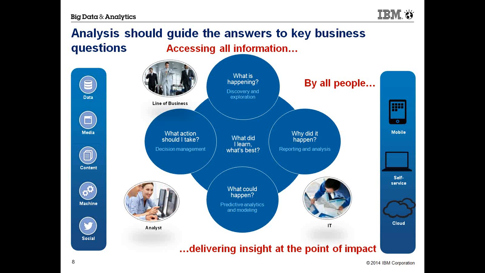From there, coming in a clockwise direction, which is why did it happen? Which is the whole reporting and analytic part. Now we are still talking about data at rest. So we are looking at, well, my profitability for a certain quarter, for a certain month, for a certain product fell down. Why did it happen? Is it because the supply chain management is wrong? Is it because I didn't place the right product at the right place? I mean, Pizza Hut will work only in the Koramangala region in Bangalore maybe, but it will probably not work if I go to some small village nearby. So is it a product being placed in the right place?